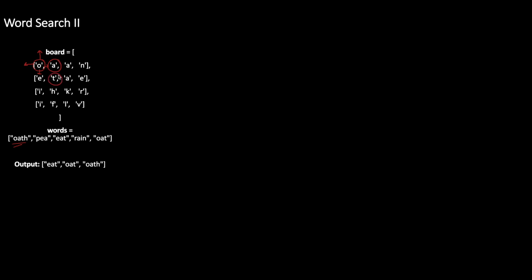Once over here, you will again call the four directions, that is left, top, right, bottom, and try to find the fourth letter, that is H. Once the H is found, we can say that oath exists, and we will simply add oath to the output list. So this is the first method. If you try to run this method, it might get submitted or might not. I tried submitting this a couple of times. I got a TLE one time, and one time my solution was submitted.